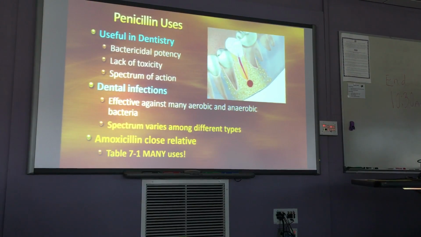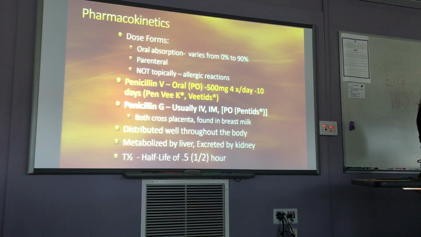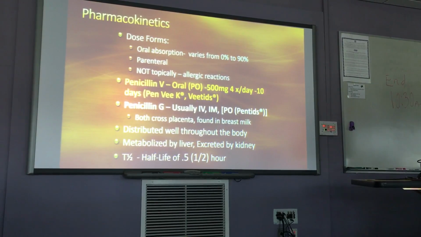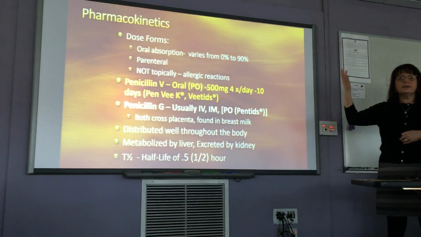There are many, many uses, and your book has these giant tables, and you're thinking, I cannot memorize this whole table. So I'm really trying to specifically direct you towards the ones that you should know, but that information is at least there for you. Dose forms, orally, it's absorbed anywhere between 0 and 90%. That's not helpful. So it's variable, that's what that's telling you. It can be given parenterally as well, but it should not be used topically. Highly allergic when used topically, so penicillins and topicals are not a good idea. Penicillin V is the one that's given orally, PO, which means by